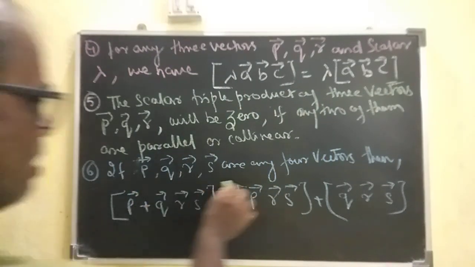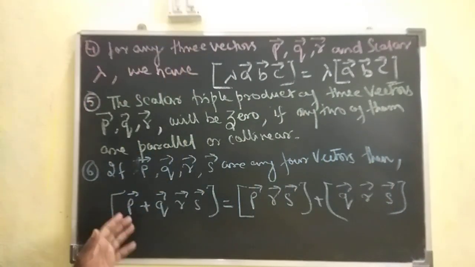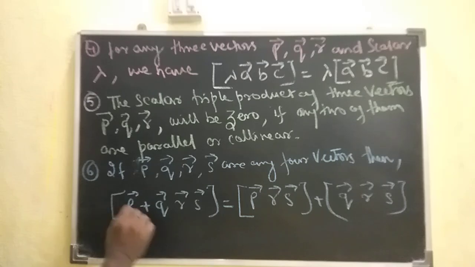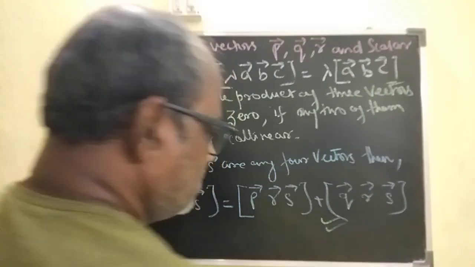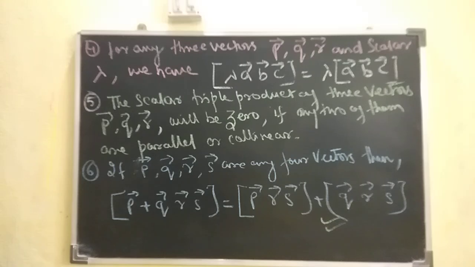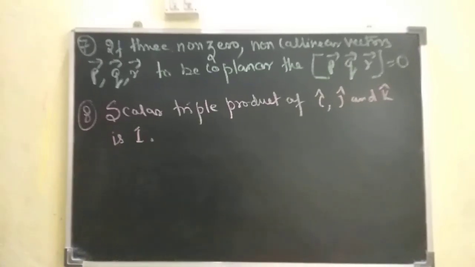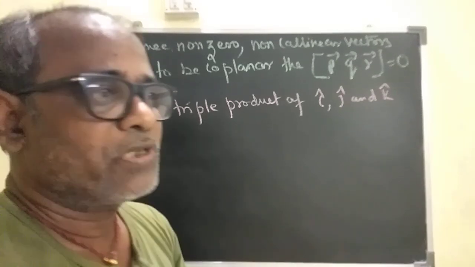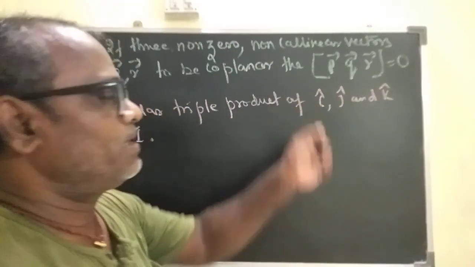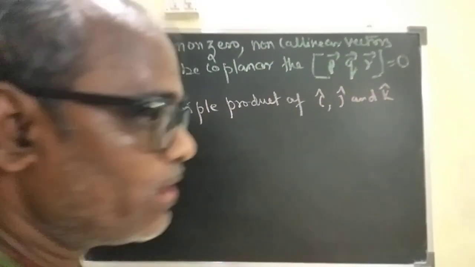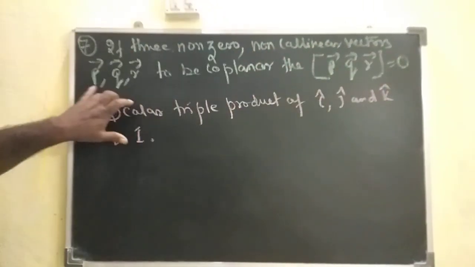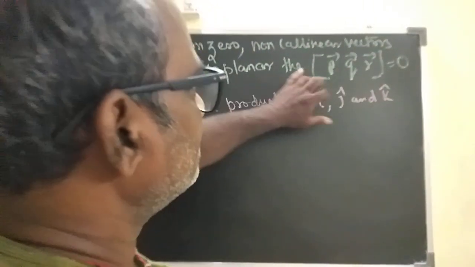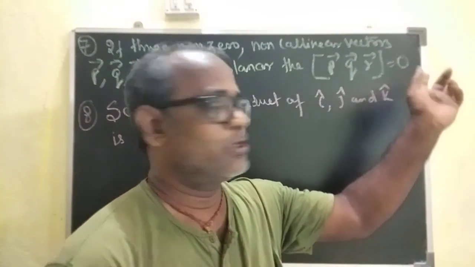Next, if p, q, r are any four vectors, then vector p plus the product of this can be written in this format. This is property number 7. It is the most important property. Upon this property, a lot of questions appear in your board examination. If three non-zero non-collinear vectors p, q, r are coplanar, then the scalar triple product must equal